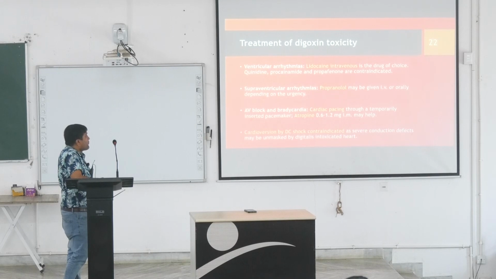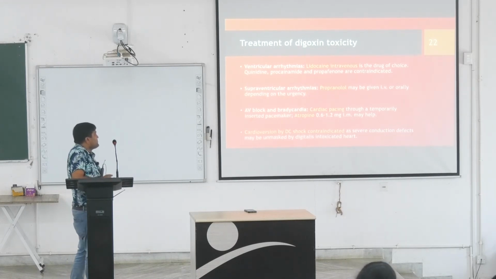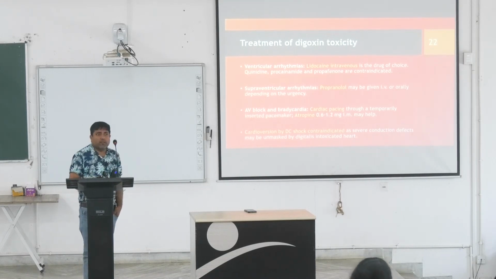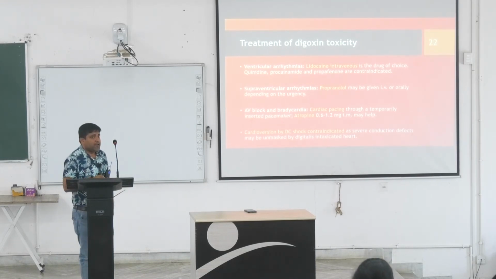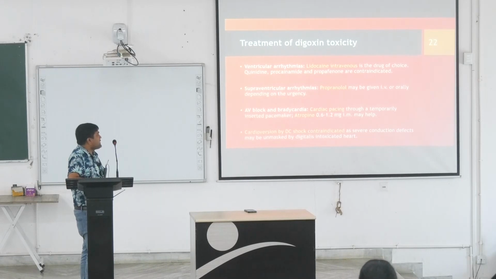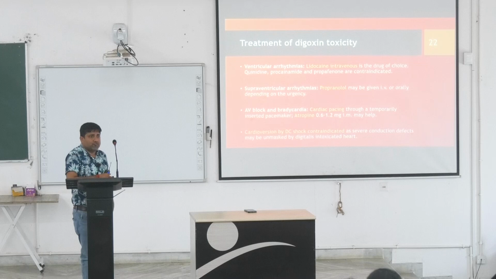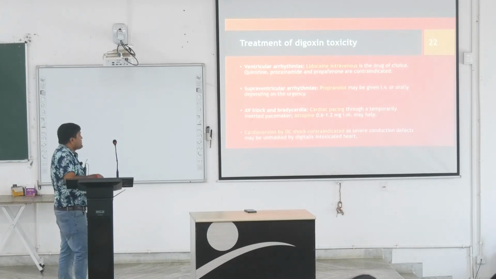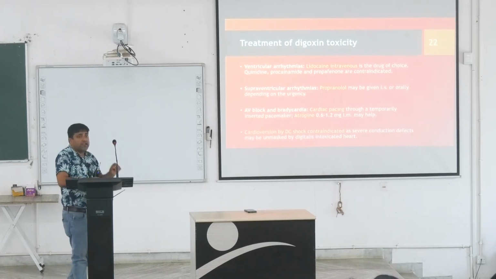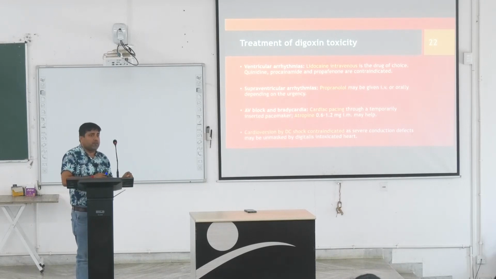Supraventricular arrhythmias: propranolol may be given intravenously or orally depending on the urgency. For atrioventricular block and bradycardia, atropine can be given. Cardiac pacing through a temporarily inserted pacemaker can be used. Cardioversion is contraindicated in a digitalis toxicity patient because